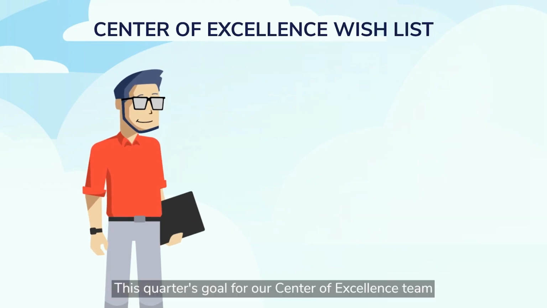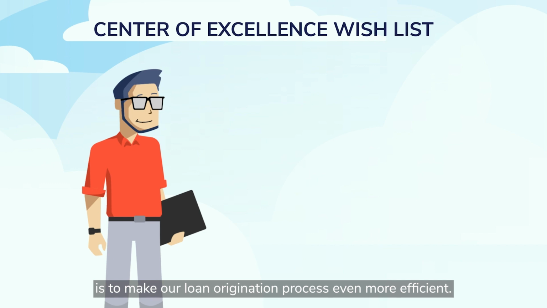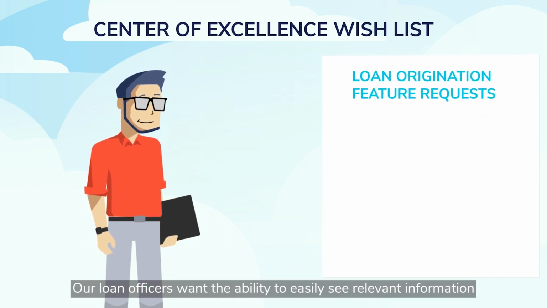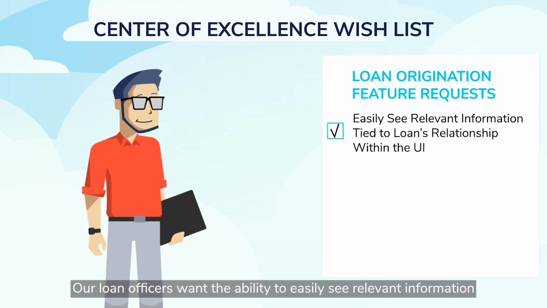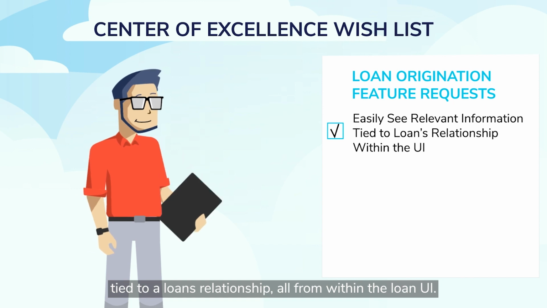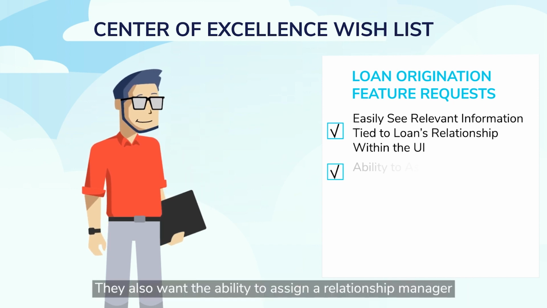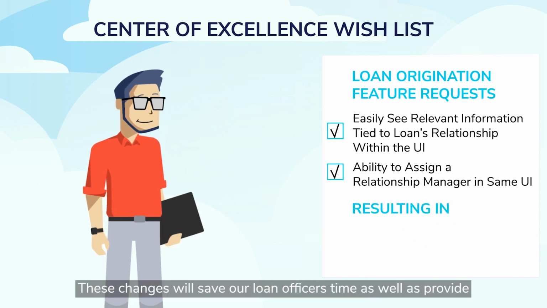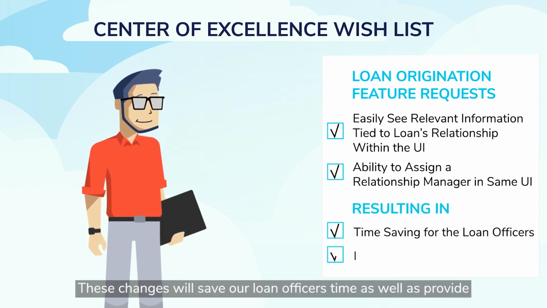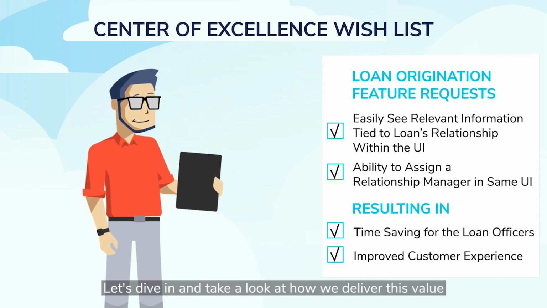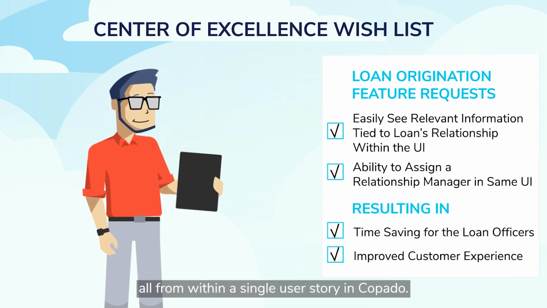This quarter's goal for our Center of Excellence team is to make our loan origination process even more efficient. Our loan officers want the ability to easily see relevant information tied to a loan's relationship all from within the loan UI. They also want the ability to assign a relationship manager to the loan from the same screen. These changes will save our loan officers time, as well as provide a better experience for our customers. Let's dive in and take a look at how we deliver this value all from within a single user story